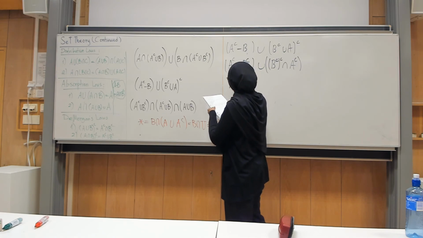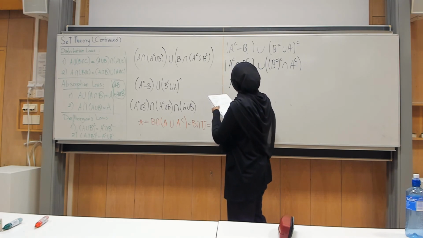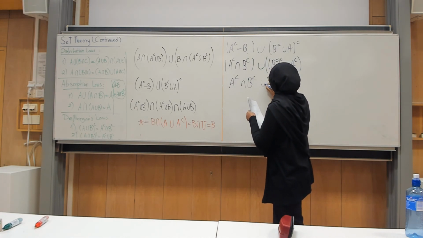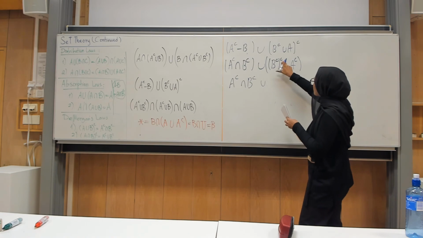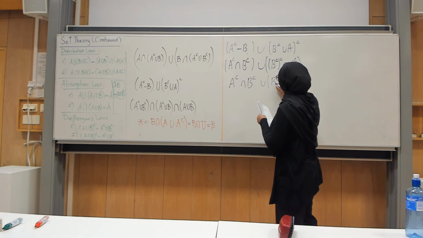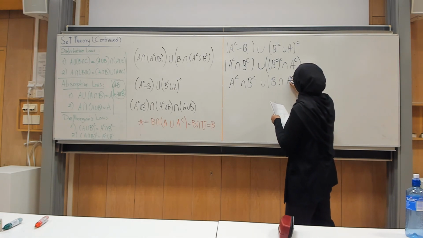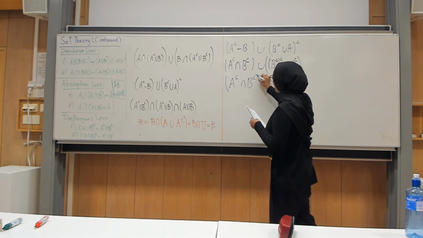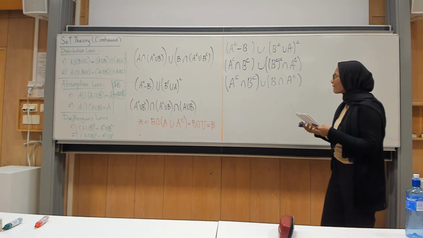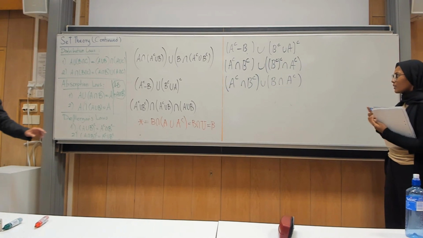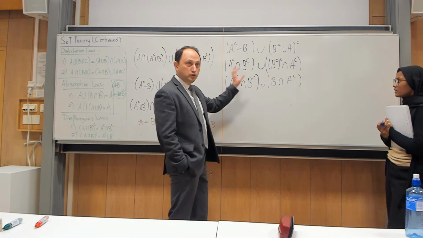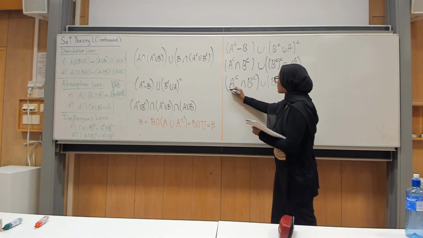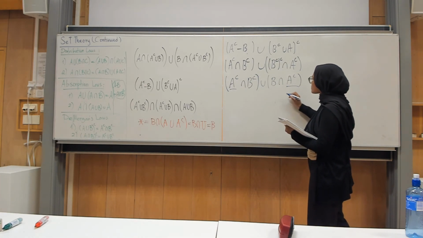And then you can write A complement, B complement, union, and B complement is B, intersection A complement. Now a very small flaw is that you have to put those pair of brackets. This is a must, because we have different signs. It was intersection and union, so you have to make this clear. Then we see we have both A complement here and in this bracket, so we can factorize that